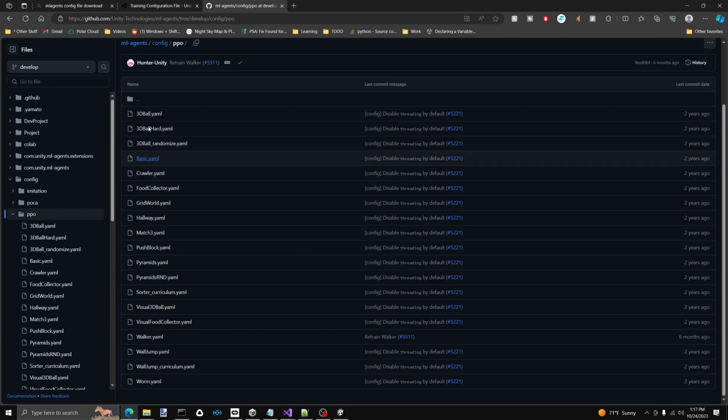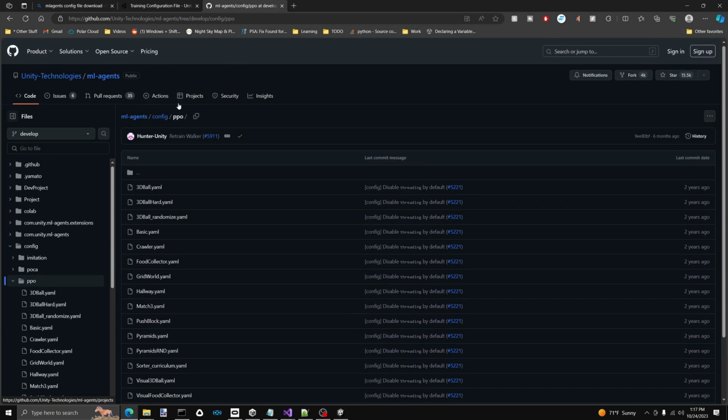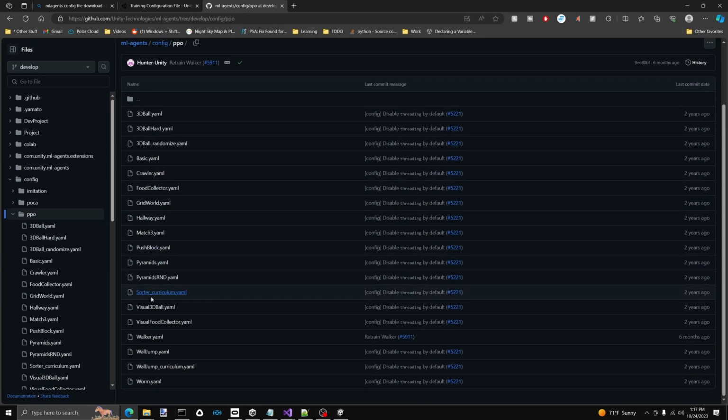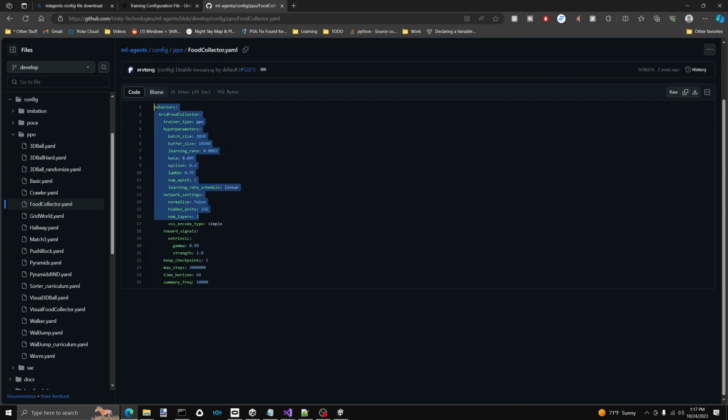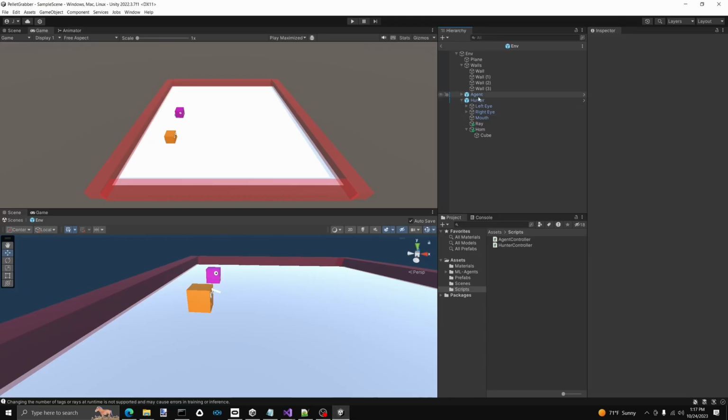And then here they have in their examples folder, under ML-Agents config PPO, all the different ones. So if you wanted to grab one that's similar to what we're doing, there's FoodCollector. Open that up. You just copy and paste this. You just have to change the name to whatever you have for your agent name. So if we go to Hunter,